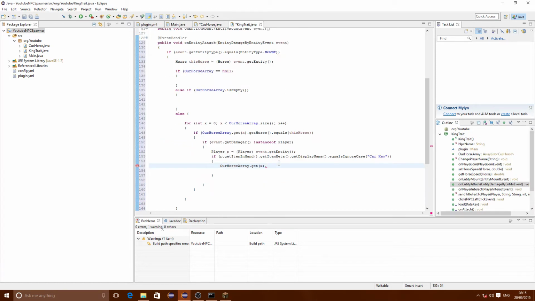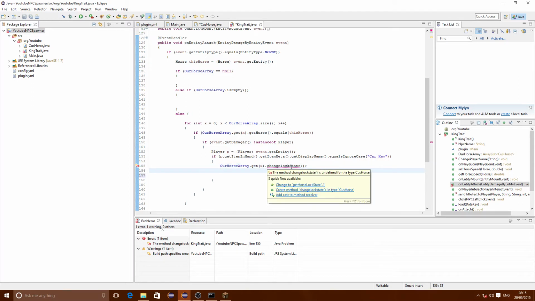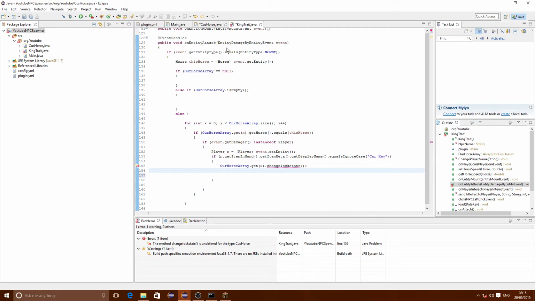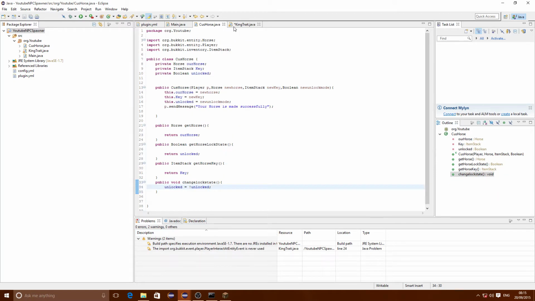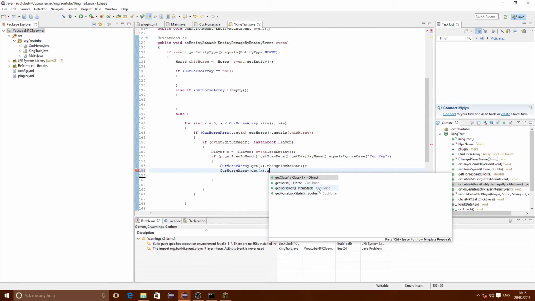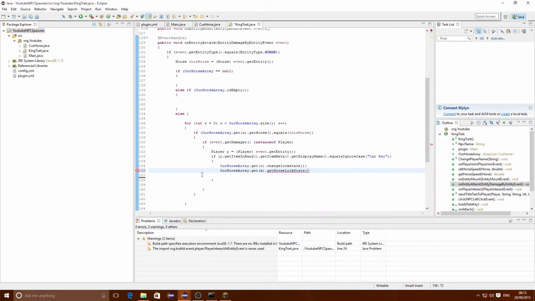So that will just keep switching it around and around. So now if we go back to King trait, we're going to do change lock state. That means if it's locked, it will be unlocked. If it's unlocked, it's locked. And then finish that command. Save them all. Okay, and now that's changed, all we have to do now is make sure that the player knows if it's unlocked or locked. So we need to now get it again, but this time we're going to be getting its new state. So get lock state, which is a boolean true or false,